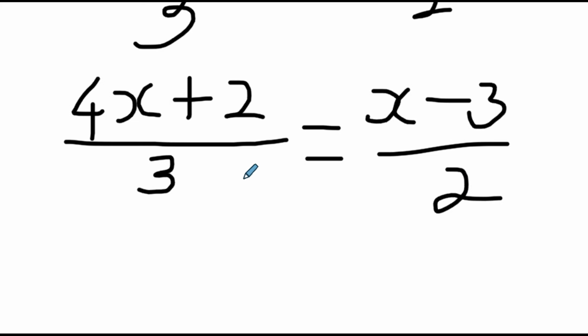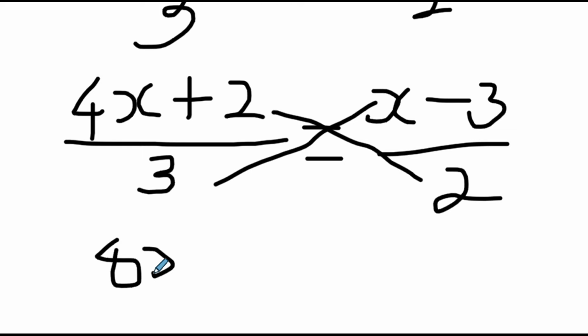Now from here I'll do what? I'll cross multiply. So if I cross multiply, what do I have? I'll say 2 times 4 is what? 8x